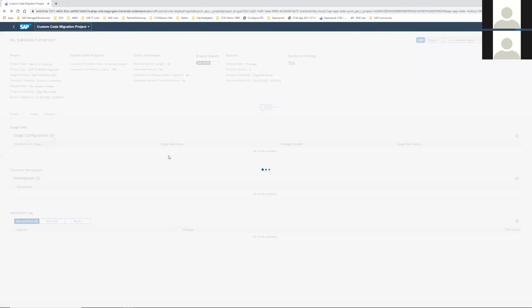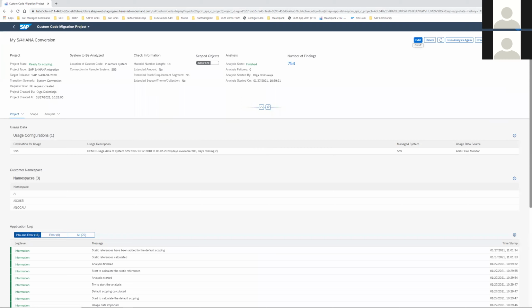Okay, after you are done with the scoping, you can press the button create deletion transport, and the deletion transport will be created directly in the ERP system. And if you convert your system to S/4HANA, you can add this deletion transport as a custom transport to the software update manager